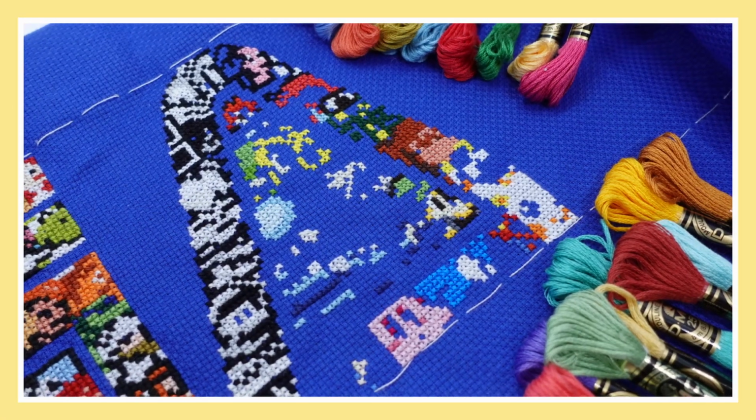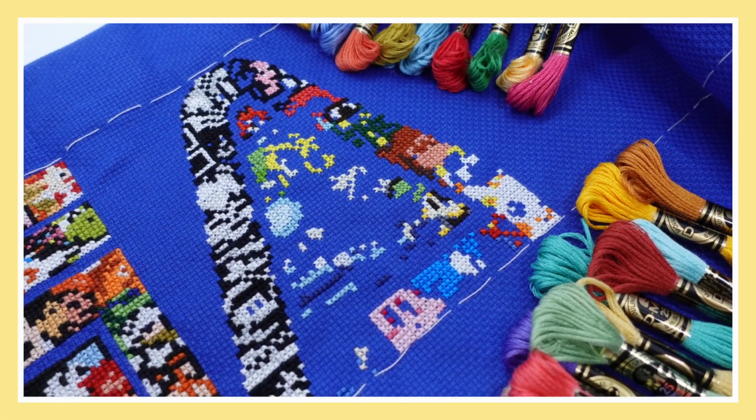So bonus lesson 0, if you are taking part in 24 Hours of Cross Stitch and you have a specific project in mind, maybe check that everything's in order earlier than the night before. Don't be like me. The first thing you might notice about this project is it calls for a lot of